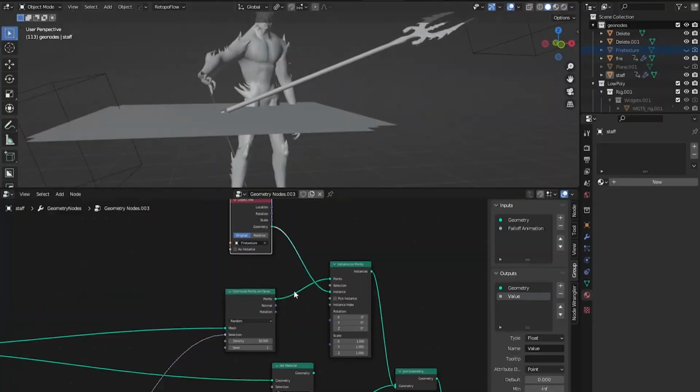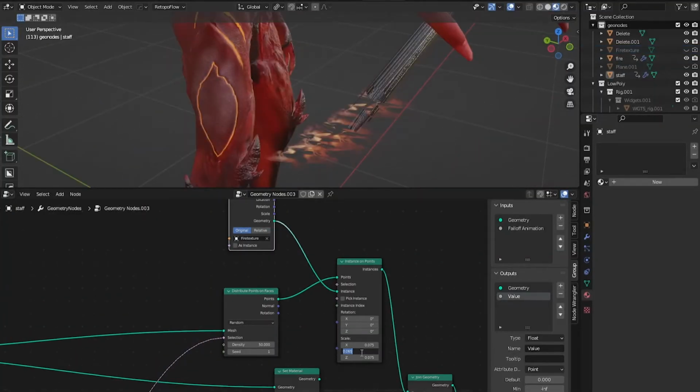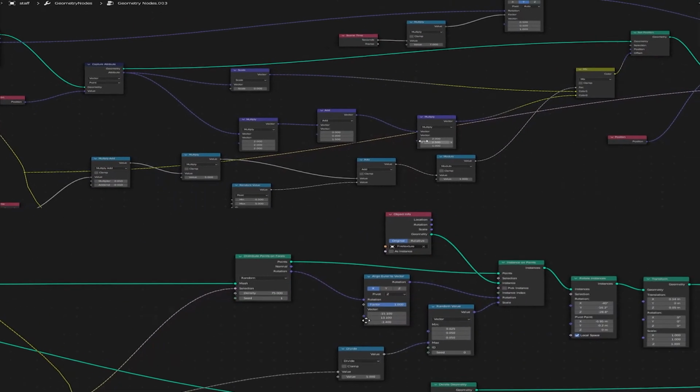Then I made the sparks and flames appear with the staff by distributing points along the same white gradient. Here are the nodes I used. And then for one last cherry... Anyway, like I was saying, for one last cherry on top, I decided that I'd add an emission shader to